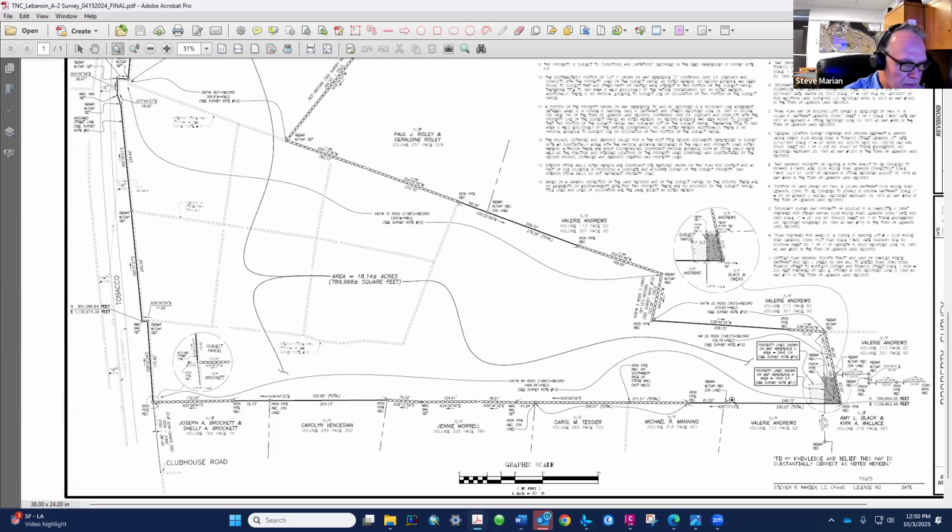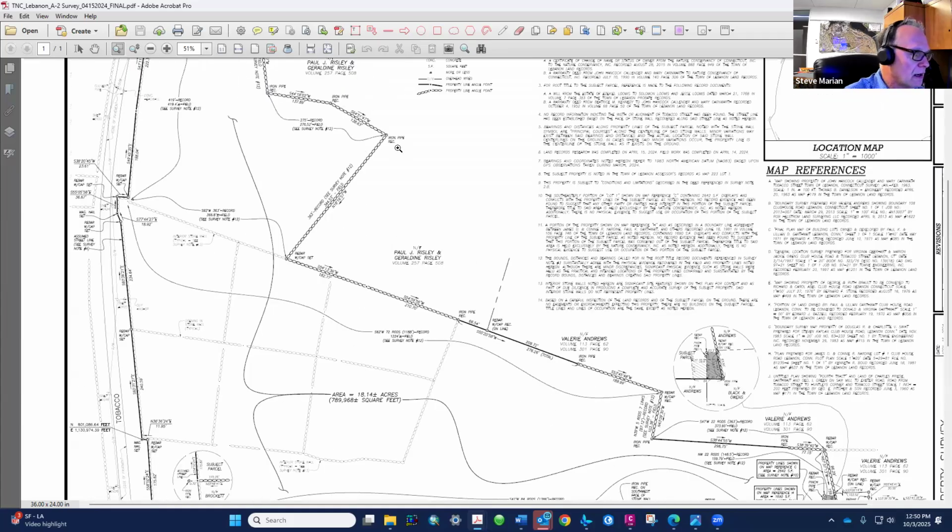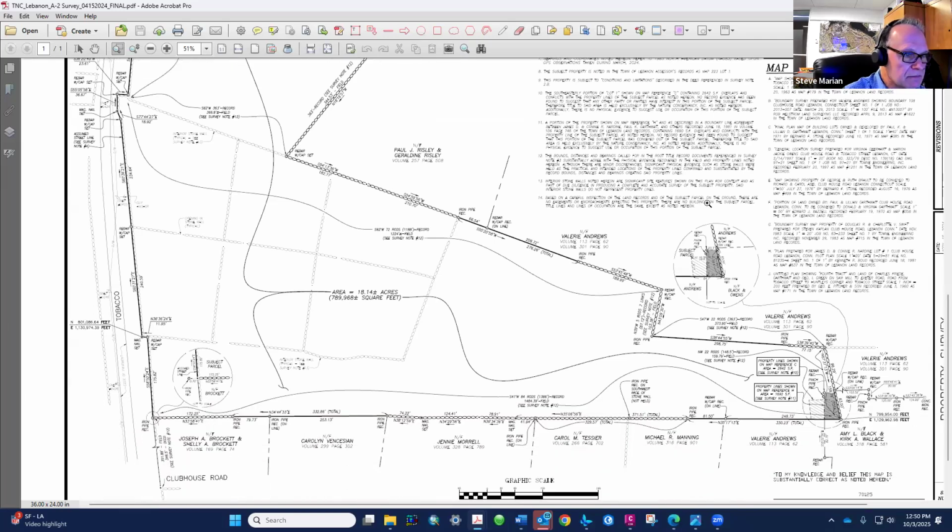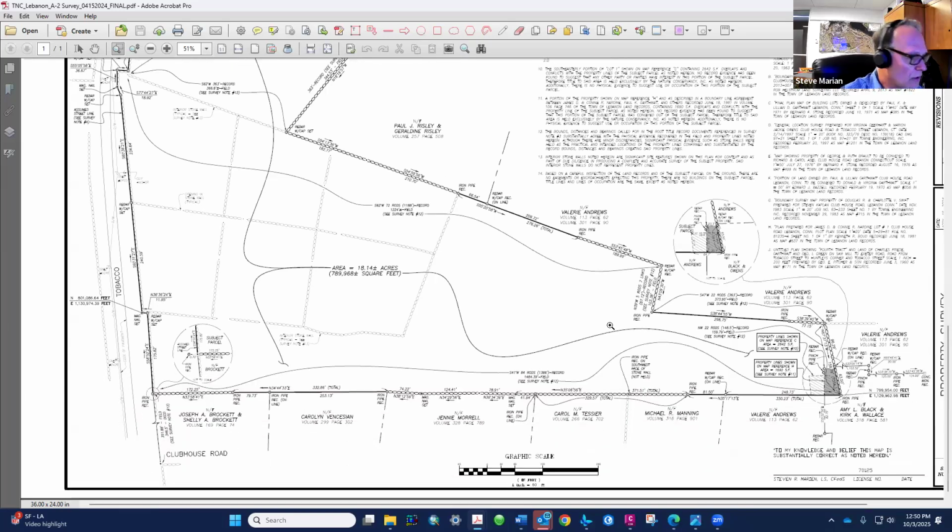So this property line was shown in the assessor's map. However, the adjacent landowner was claiming they own all this. So they hired me to research this property. So I did. And one thing to note right away is that the land records and the deeds reveal that this property line is in fact the correct property line. The peculiar thing is that